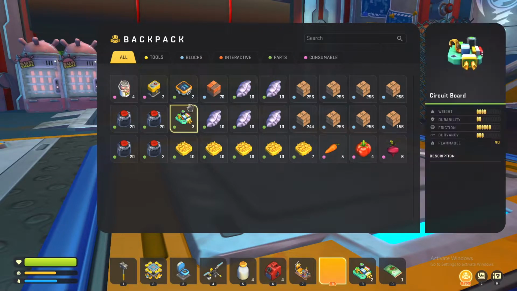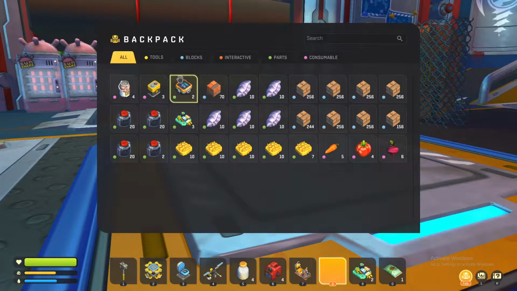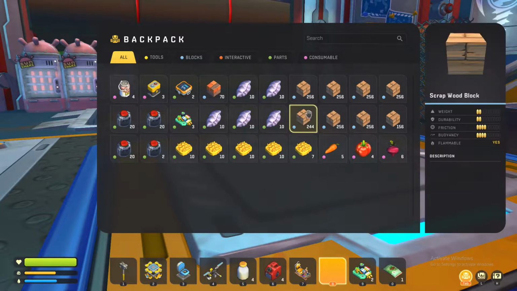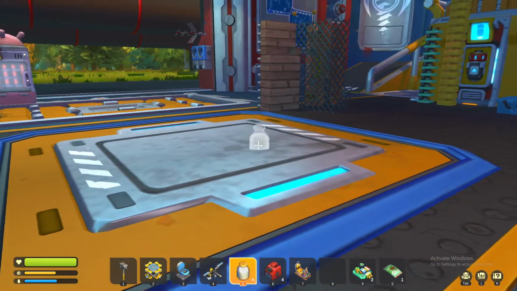So yeah, this is what I got. I did have 5 component kits. Obviously, I just used 3 of them to make the engine. I was going to use it to upgrade Fred right there, but unfortunately we can't. I didn't want to stack this like I said before, so I still have it. It's probably a bad decision. Took up a lot of space. So this takes a little while to build. So what we're going to do...